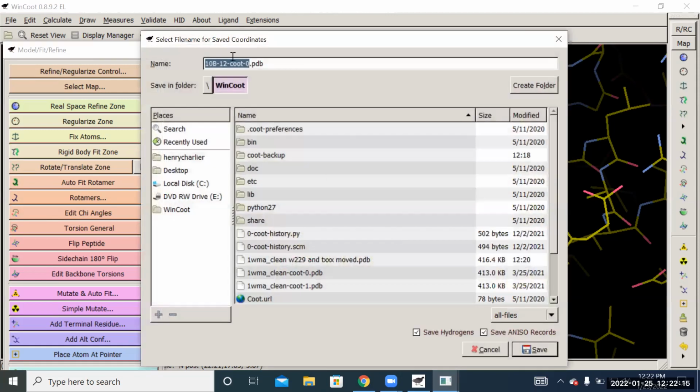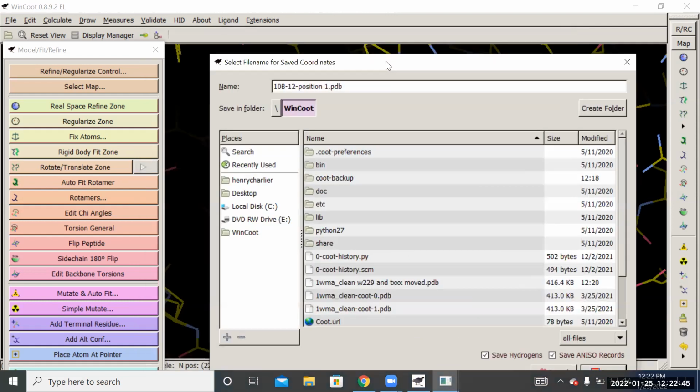So I hit select file name, and maybe you can give it 10B12 position 1 or whatever. You give it a name, and you might try a couple of different positions as you do this. And in your notebook, you would write, okay, I saved it as 10B12 position 1. That pairs with protein 1WMA, and give whatever that name is. You know which ones you moved and all that kind of stuff,